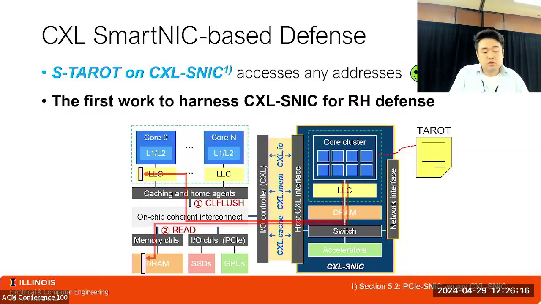We propose to use the CXL-based SmartNIC for TAROT. We employ a unique capability of the future CXL-based SmartNIC, which can flush and read the data cached in the host CPU. Thanks to the cache-coherent interconnect to the host CPU, the CXL SmartNIC can access any addresses in the host memory space. Since a CXL-based SmartNIC is not available yet, we emulate it using one of the NUMA nodes